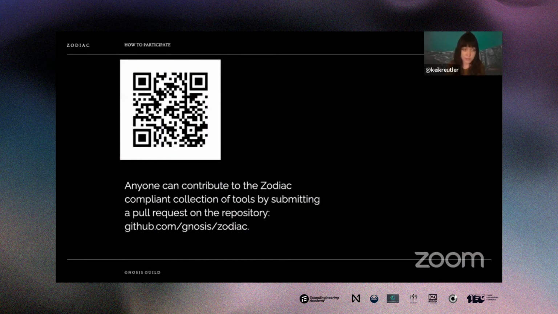Gnosis Guild is a core contributor to Zodiac and a keeper of the open standard for DAOs. However, anyone can contribute to the Zodiac compliant collection of tools by submitting a pull request on the repository, linked here. And as a team, we embrace practices that will over time meaningfully distribute contribution, governance, and ownership of the value Zodiac produces.